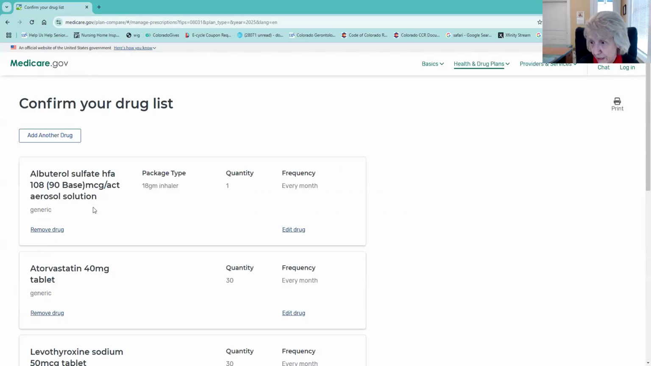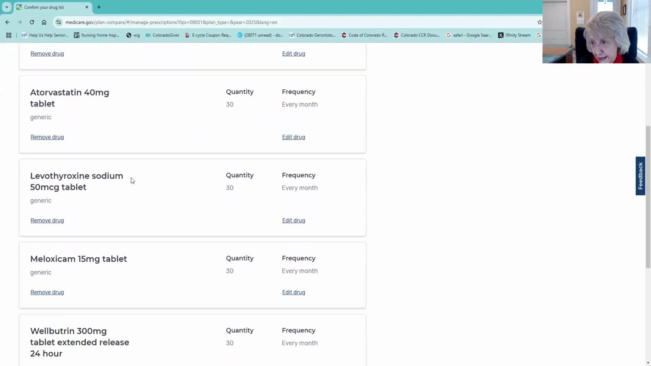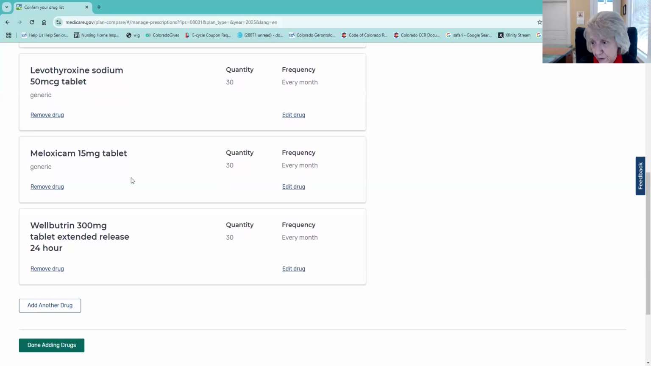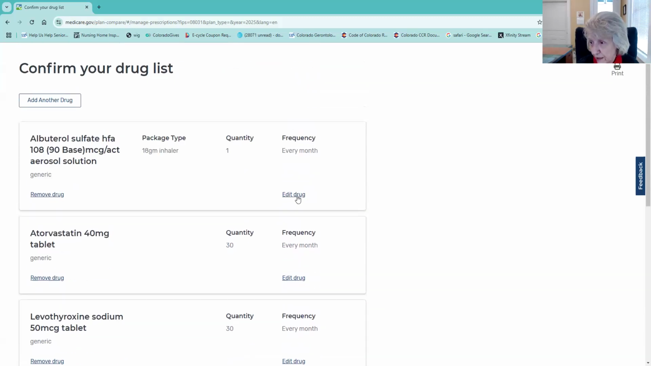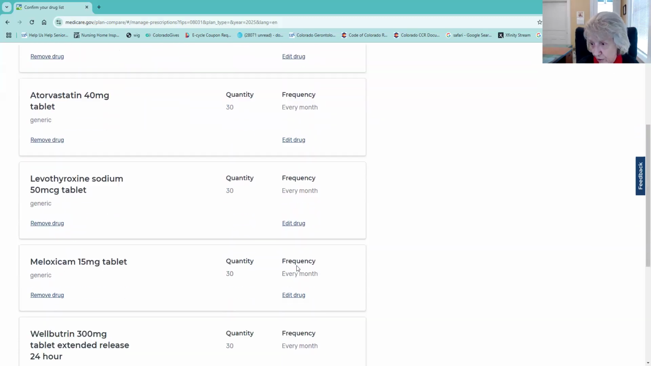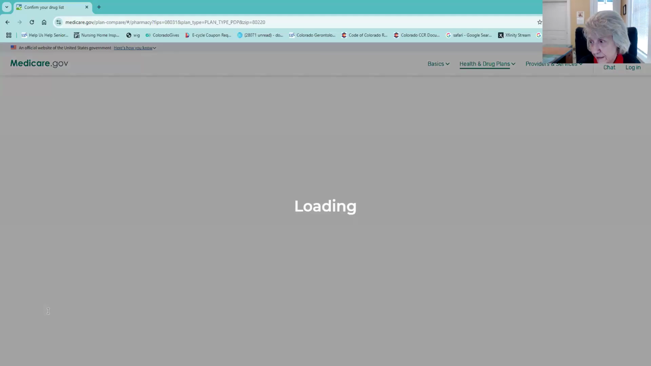And I'm going to add it to my drug list. So now I've got albuterol, atorvastatin, levothyroxine, meloxicam, and Wellbutrin. And if I had more drugs, I just keep adding them. I want to do a quick check over here to make sure that I haven't made any errors based on my drug profile. So now we're done adding